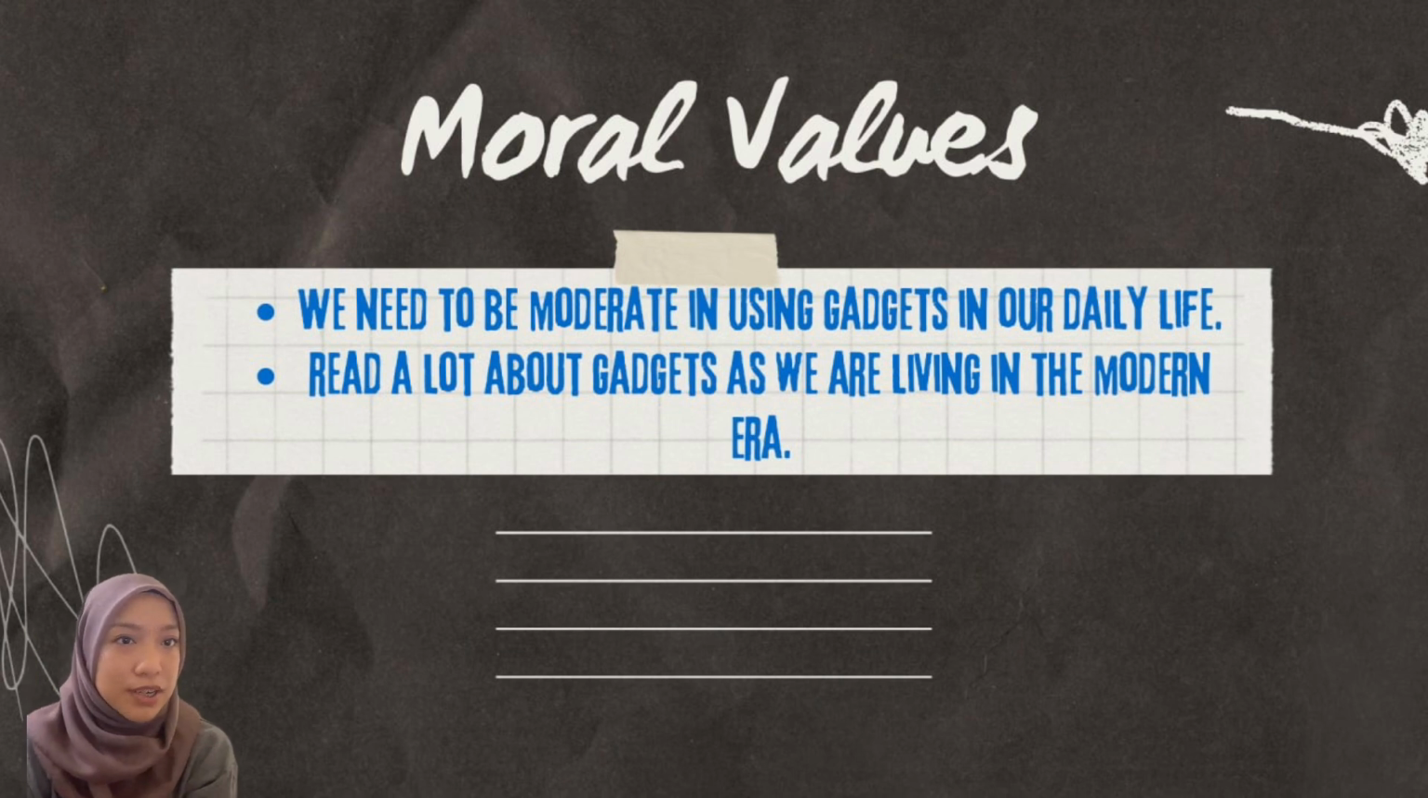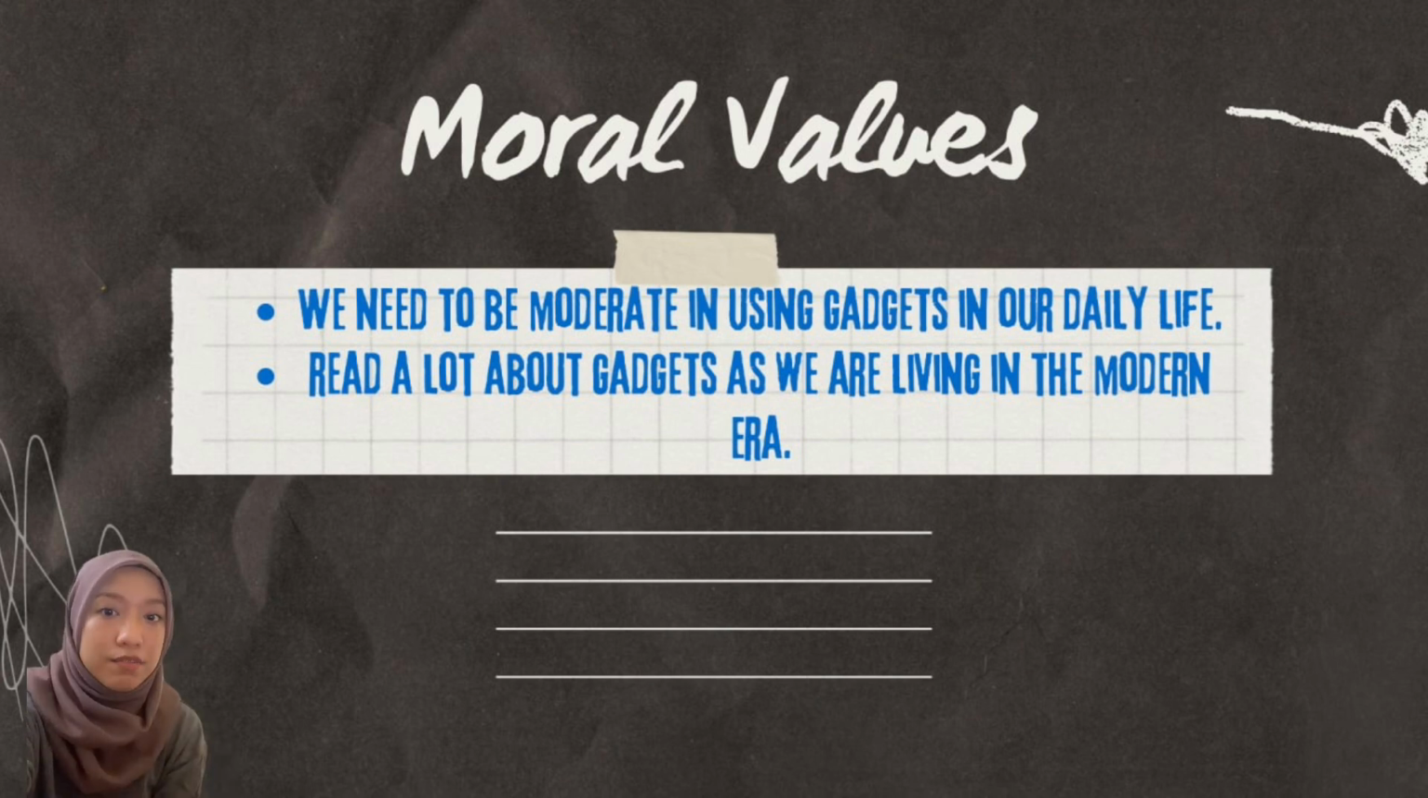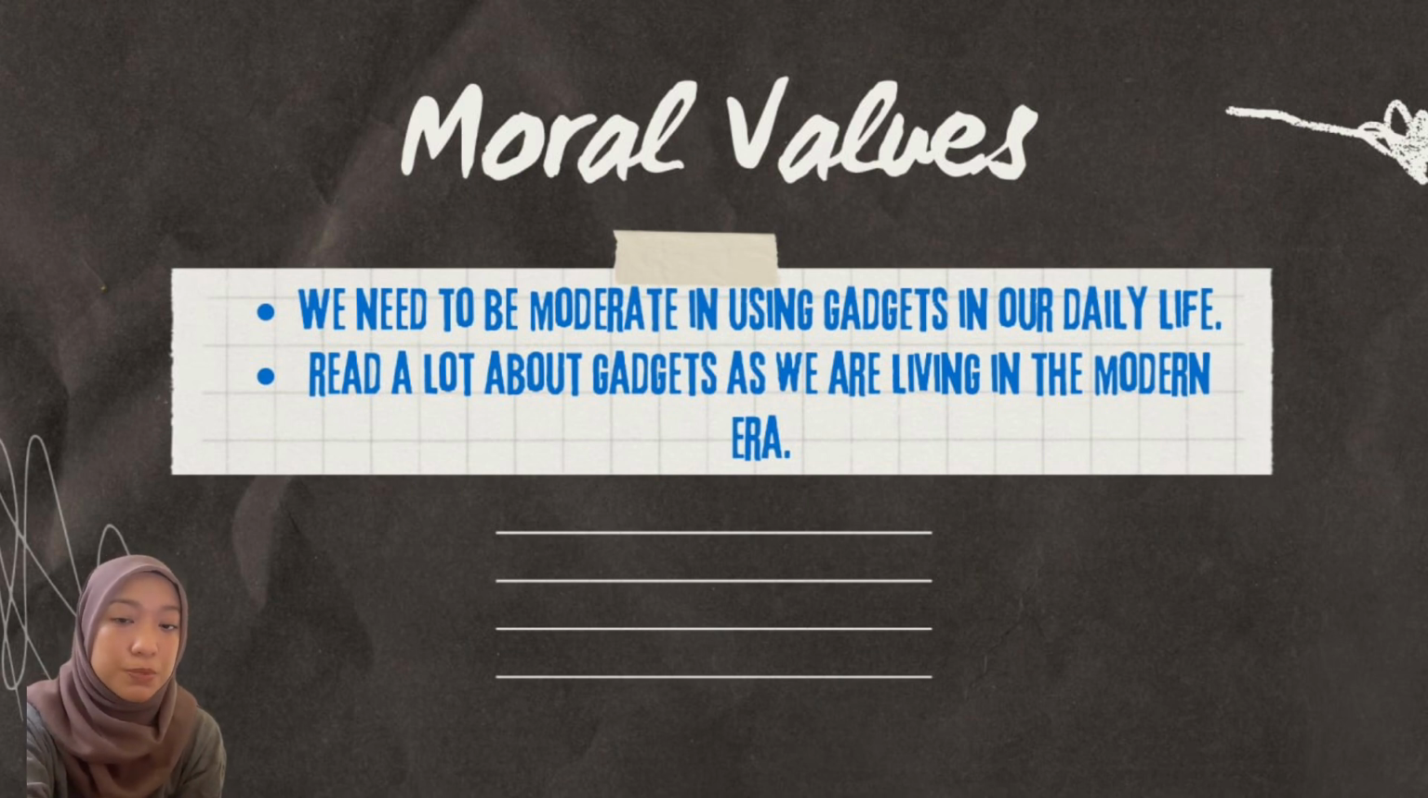For the first one, we need to be moderate in using gadget in our daily life. Even though gadget is beneficial to all of us, we are still needed to be careful and manage our time wisely in using gadget. This is because we might risk our health as well if we overuse it in our daily life. For example, we can easily get headache if we overuse our smartphone as we are lack of